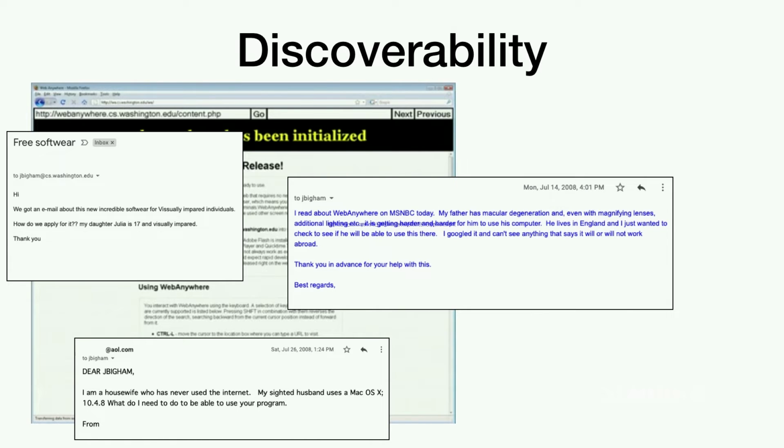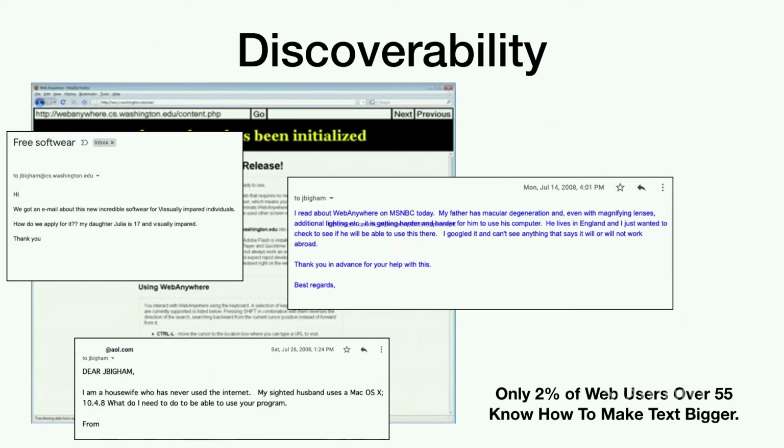And we did another project on making content on the web a little bit bigger so that people could see it easier. And we ran a study with older adults, so in this case 55 plus. Only 2% knew how to do Command plus to make the web bigger, right? So 2%. That's a feature that's on everybody's web browser. And most people would benefit a lot just from increasing the font a little bit. They didn't know how to do it because it's not discoverable. And so there's this huge problem.